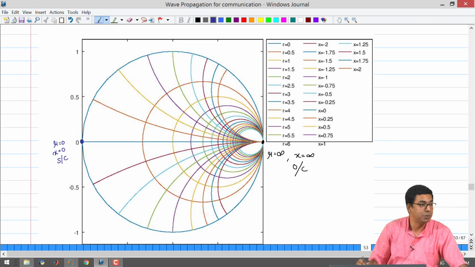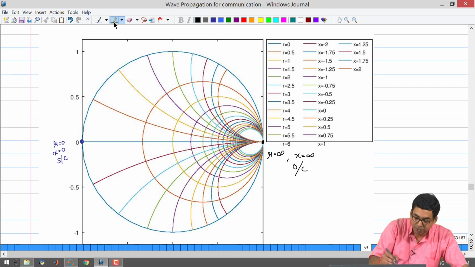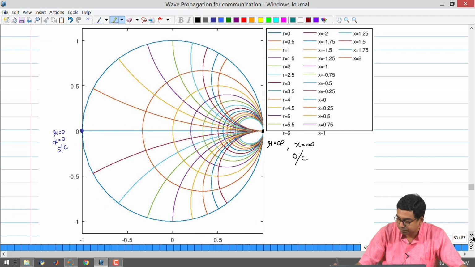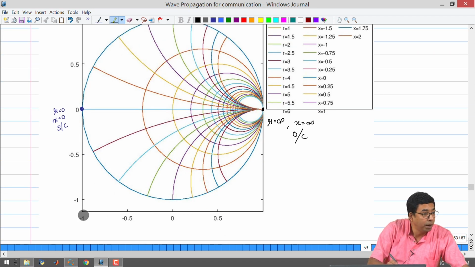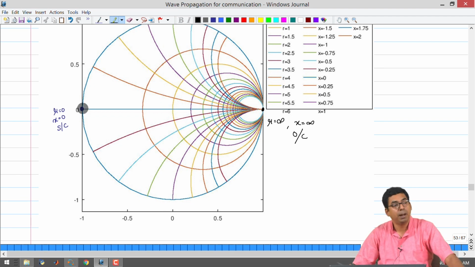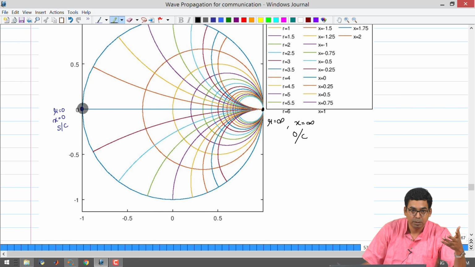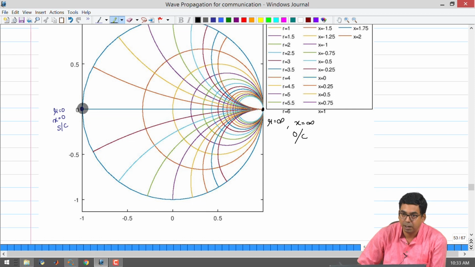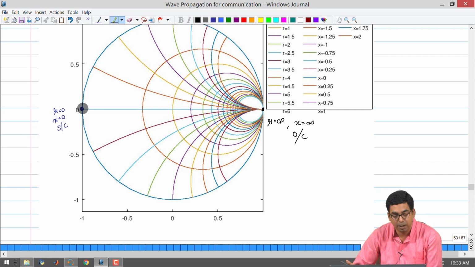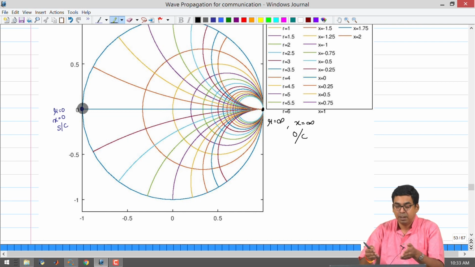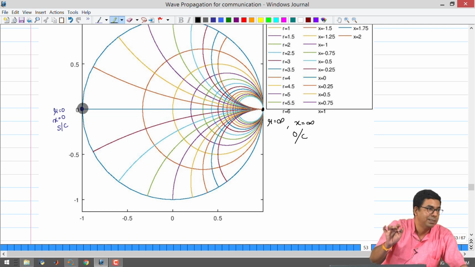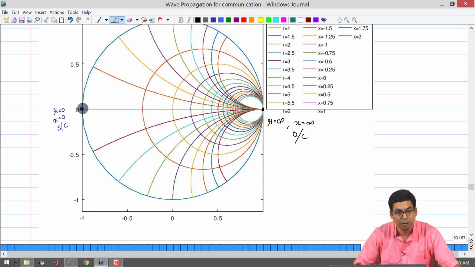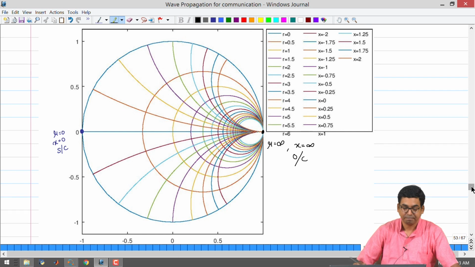If somebody says that the load resistance is short, you can say that yes, the reflection coefficient is going to be minus 1. You can look at the axis values over here. It is going to be minus 1, and the reflection coefficient is going to be minus 1. So, given a load impedance and a transmission line characteristic impedance, and if the transmission line is lossless, you should be able to go to the Smith chart, quickly identify the point, and immediately say what the value of the complex reflection coefficient is going to be.